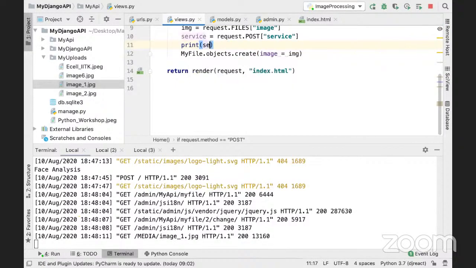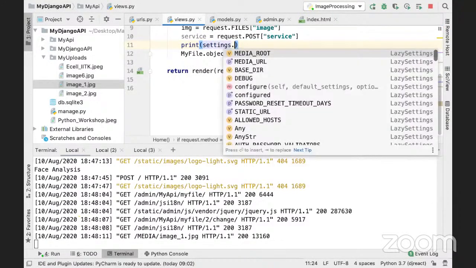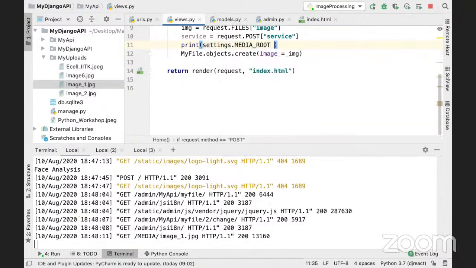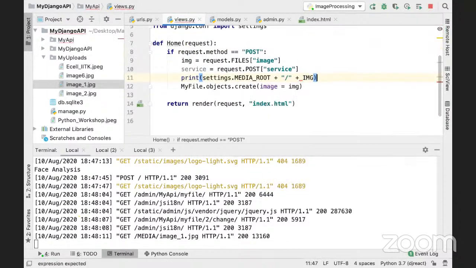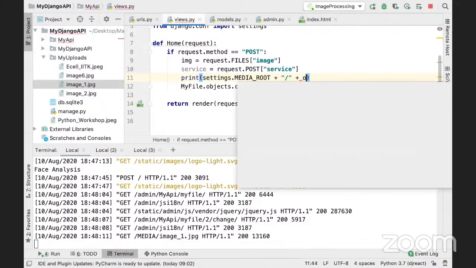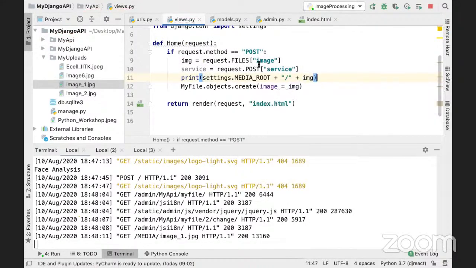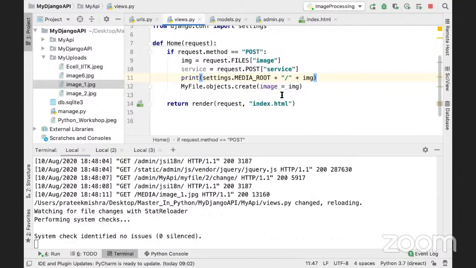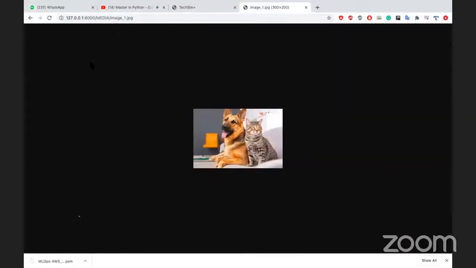I want to print settings.MEDIA_ROOT plus slash, then plus your image. That's it, guys. That's it. Image. Now, if we send back,